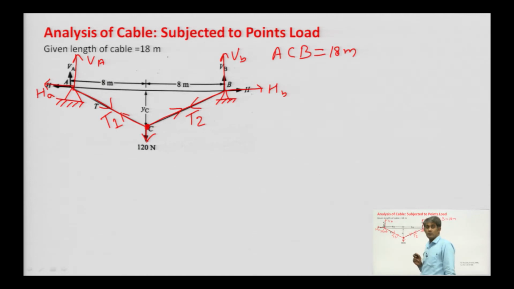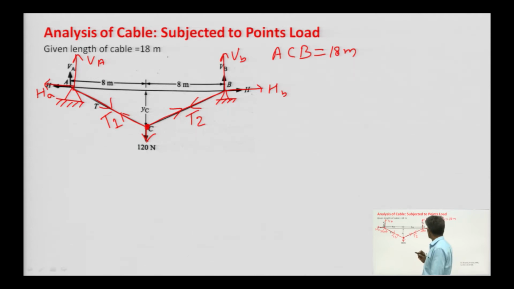So, to solve all the forces, we need a compatibility equation. If we neglect the member forces T1 and T2, then we have 4 forces: VA, HA, VB, HB, and we have only 3 equilibrium equations. So, one additional equation has to be formed, apart from the equilibrium equations, to get all the support reactions. So, let us solve the support reactions using the equilibrium equations and the compatibility equation.